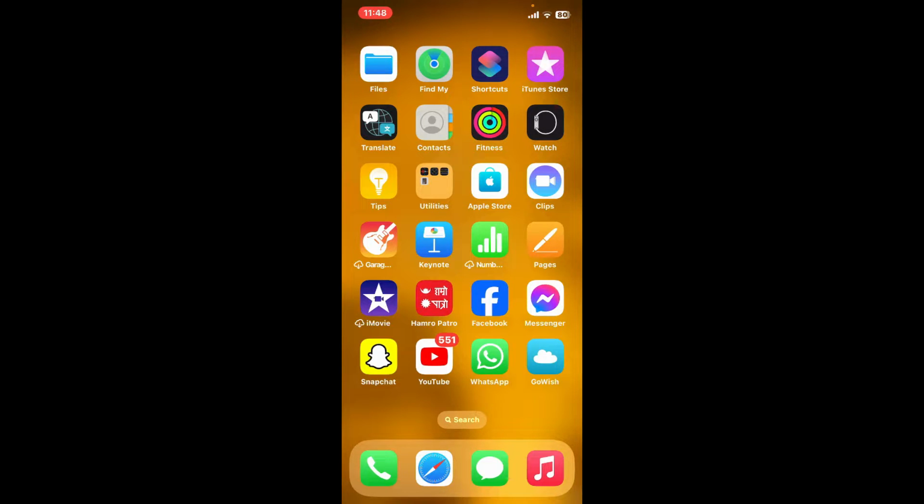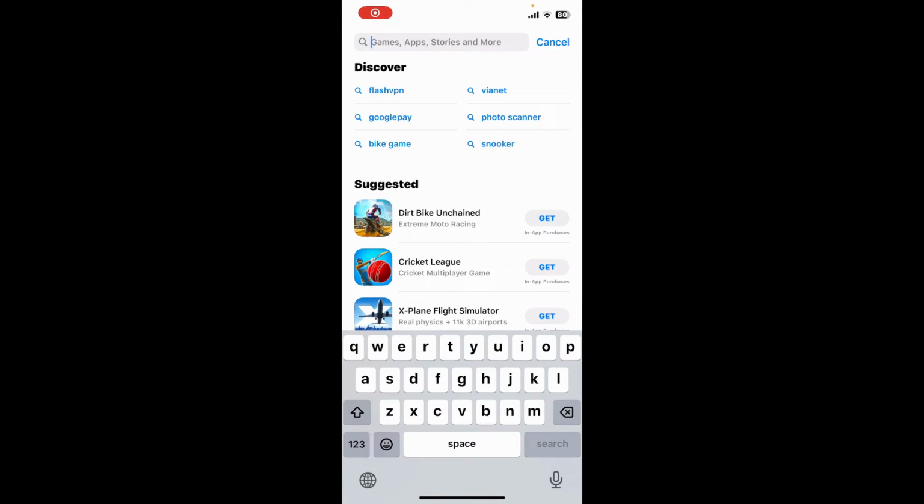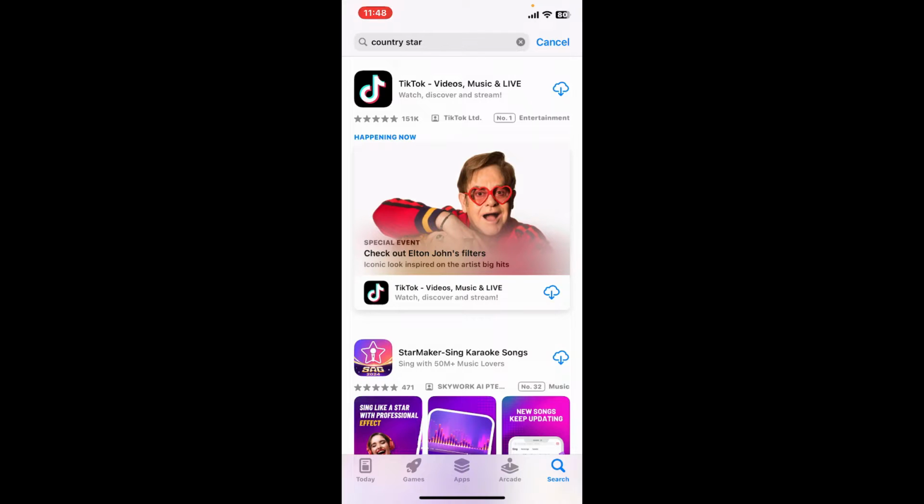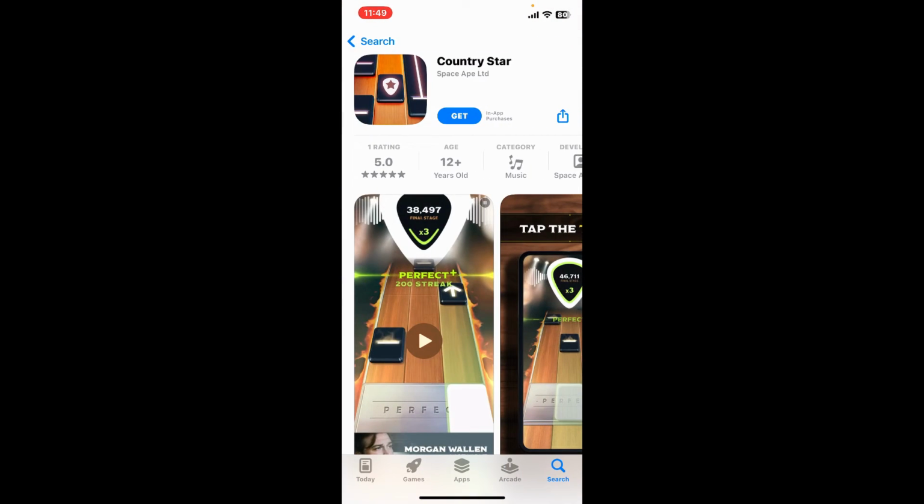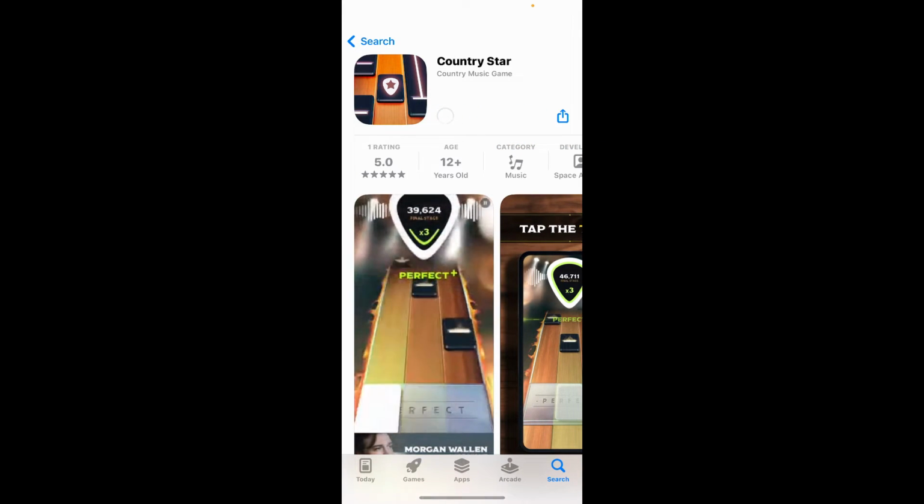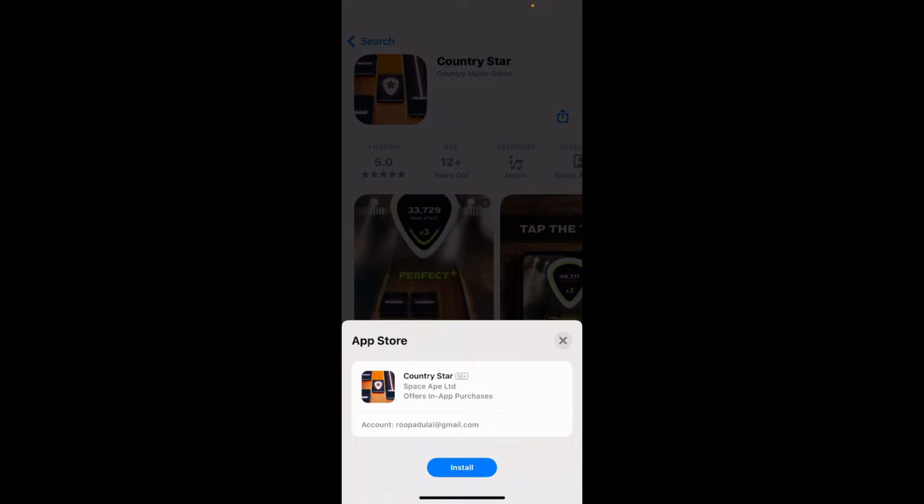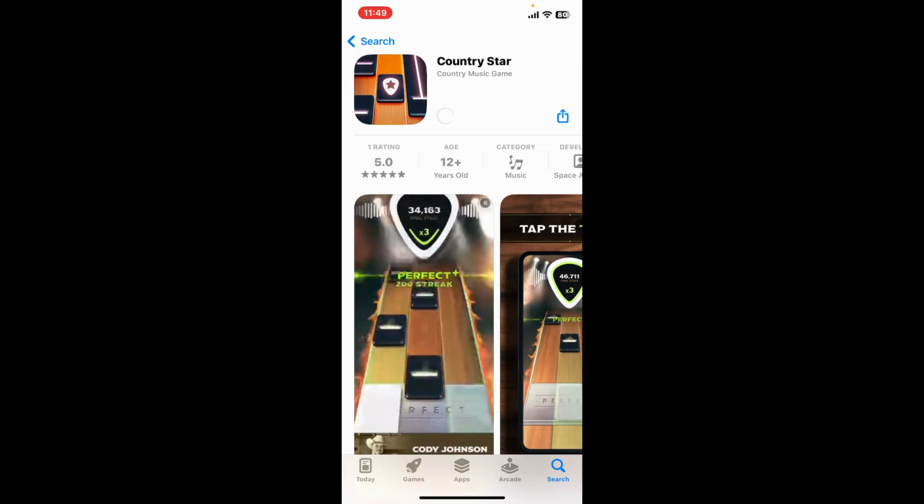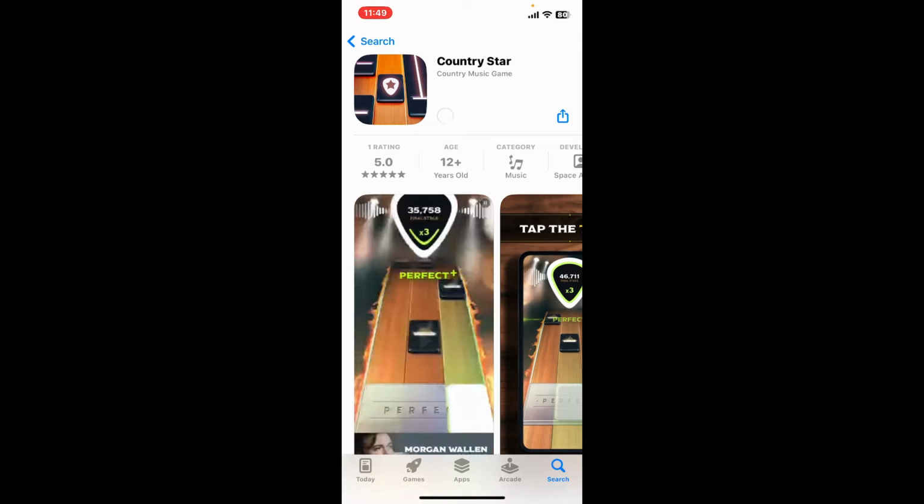First of all, open your App Store and go to the search box and type in Country Star. After you perform the search, look for this application from Space Ape Limited. Now, to begin the download process, tap on Get. Confirm your identity, and then after logging into your Apple ID, you will be able to get the application start